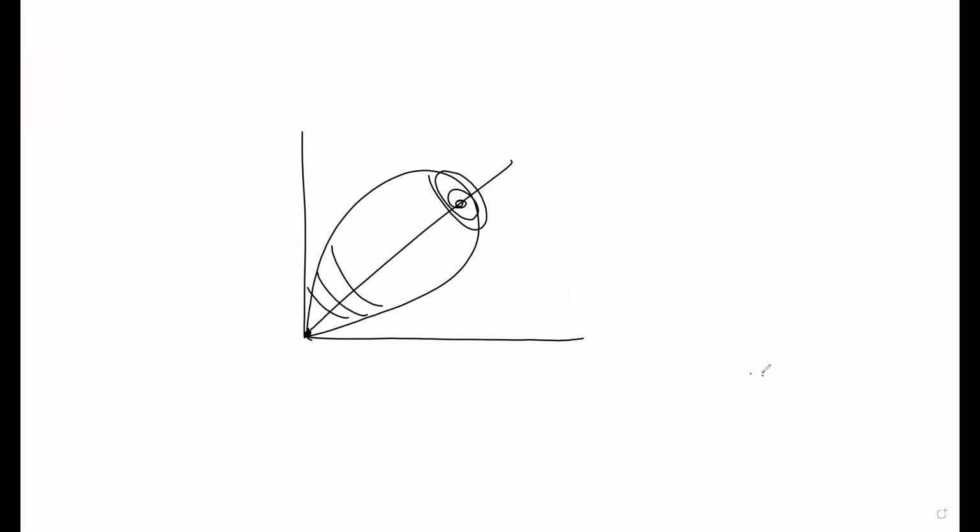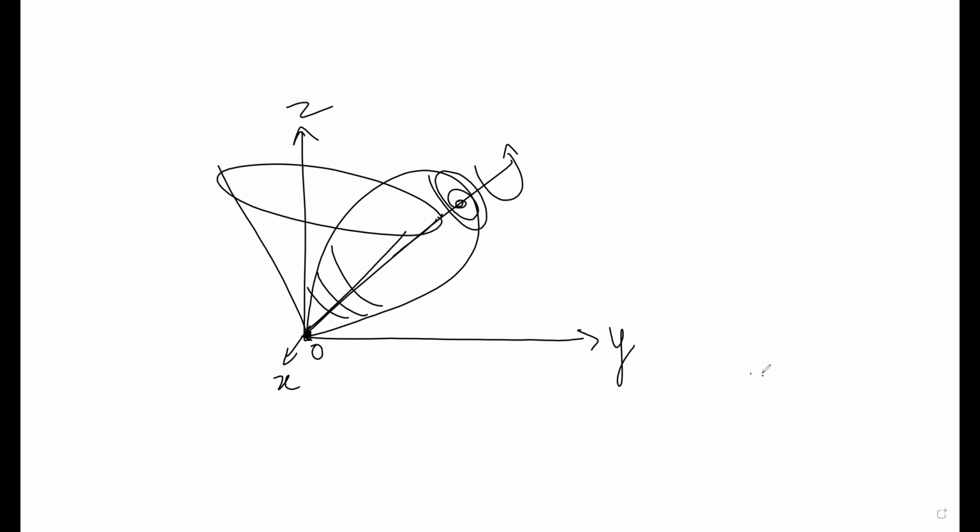And this is the axis of rotation, and this is one of the axes. This is the y-axis, and this is the x-axis. Let us consider this is the origin point. So it looks like a cone shape. So how is it looking? It looks like a cone shape. So here, this is the point.